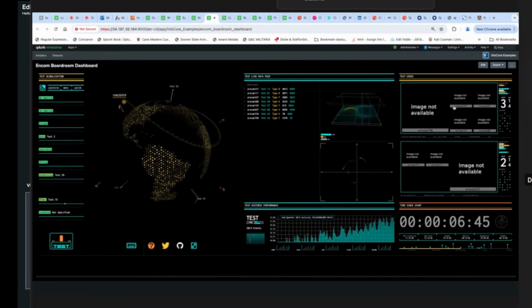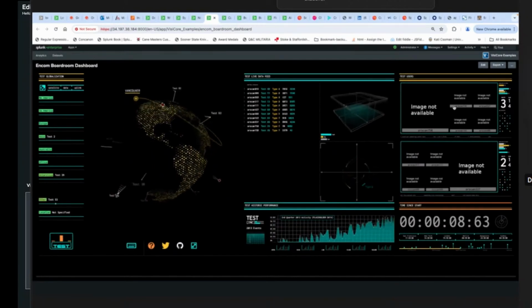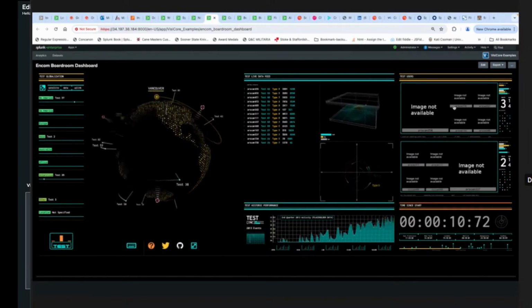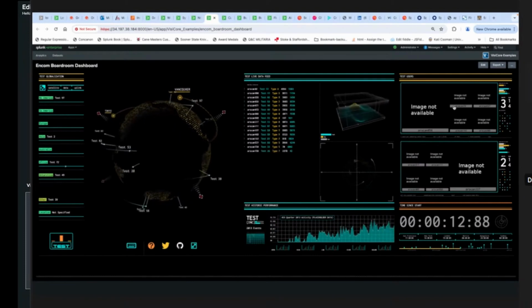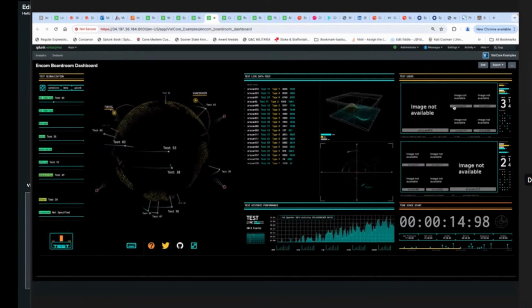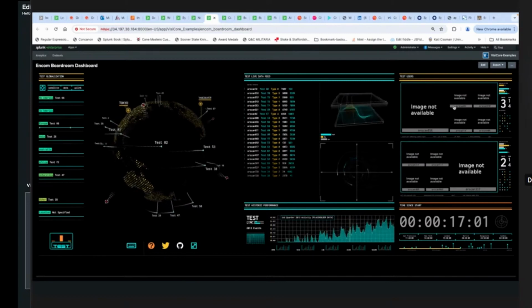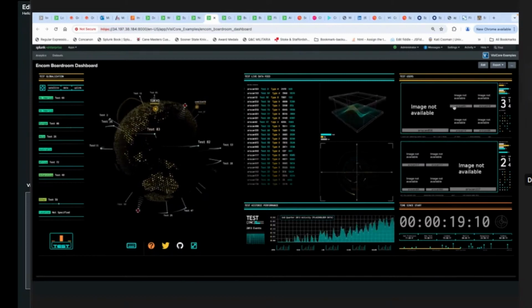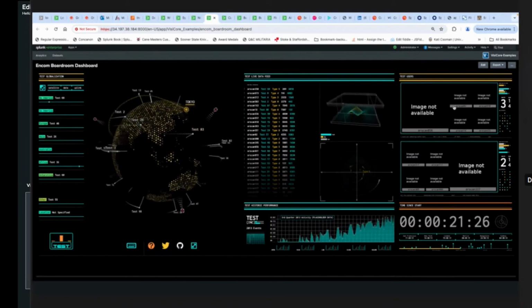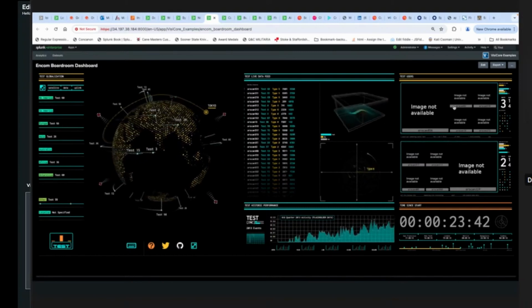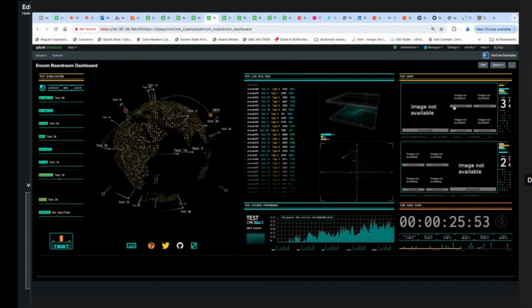Okay, so here's a Tron dashboard running inside Splunk. This dashboard itself is not pulling any Splunk data. It is actually pulling data from an external source to generate this dashboard.